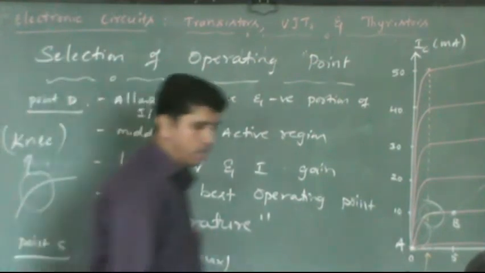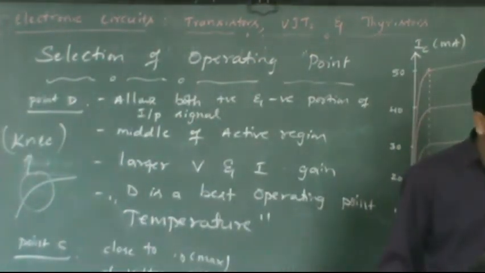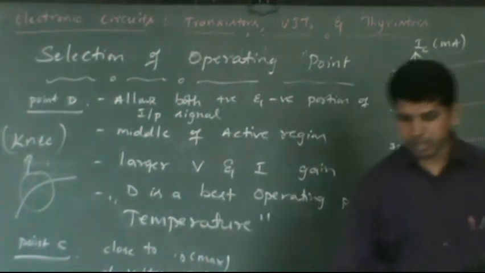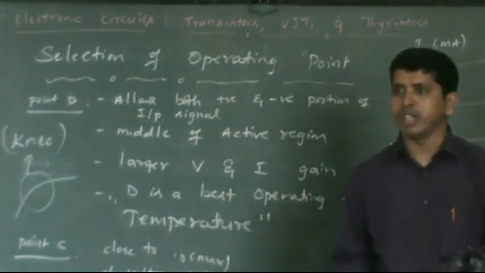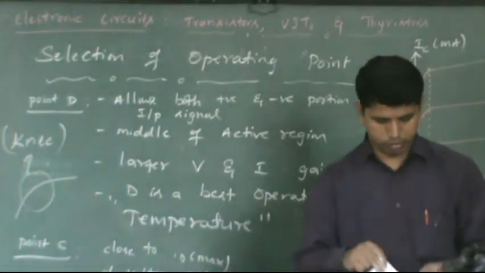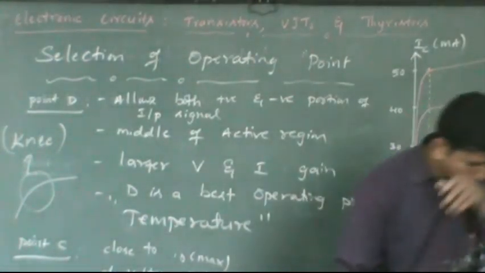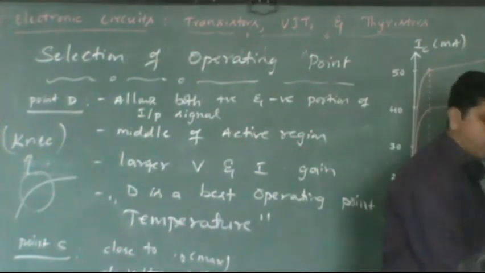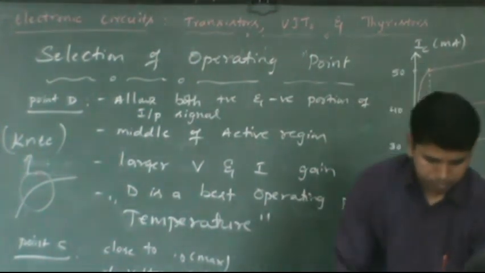With that, we move on to the common emitter configuration. Again, my class is going to be in the 4th hour. I am going to take the 4th hour class again. Okay, I am going to continue with that. So there we will discuss what is the common emitter configuration.